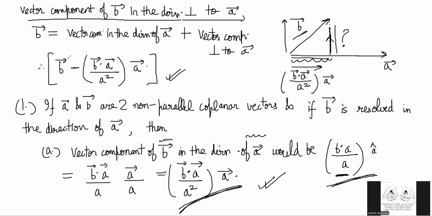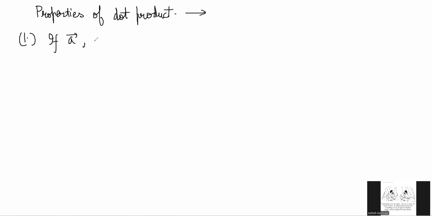Okay, now the next thing that I want to look at is some properties of dot product. These are very easy properties to prove. So I will not go into the details of the proof of them. They are pretty obvious, but I will just list them out so that you know what properties we have. So if A and B are two vectors and L and M are scalars,